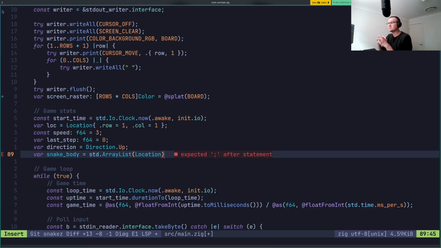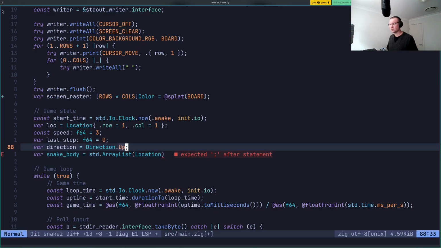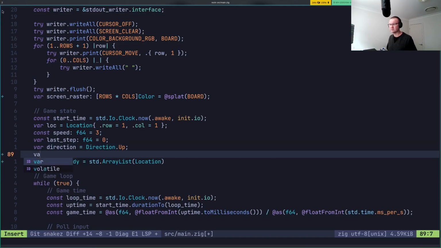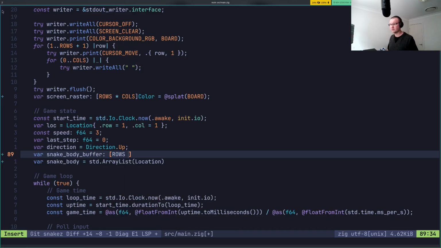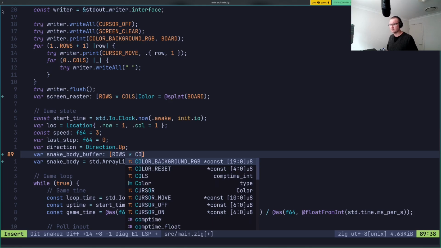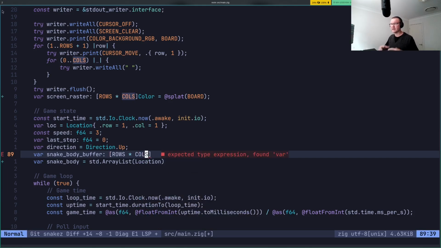Now the array list needs some memory to back it, so we can either use an allocator to manage that memory, or what I'll do in this case is I'll just allocate some memory on the stack that will be sufficiently large to handle all normal outcomes of the game. So let's call that snake body buffer. Now it will be the size of the board,